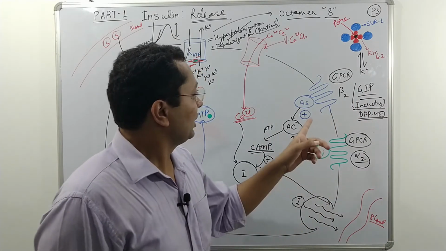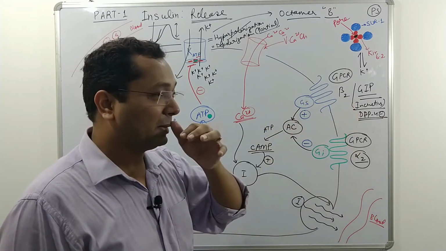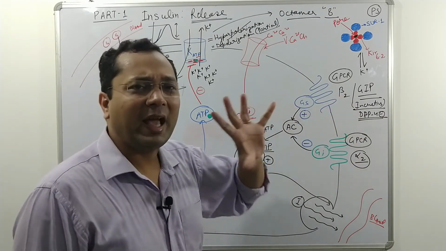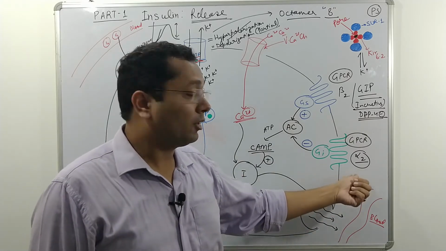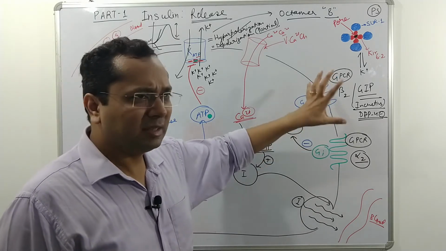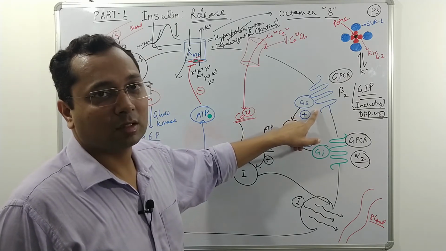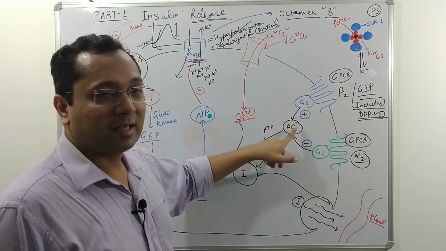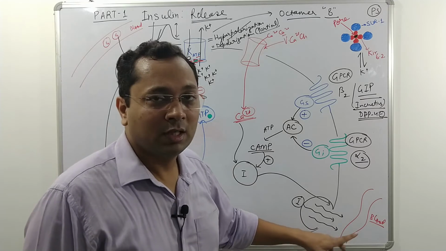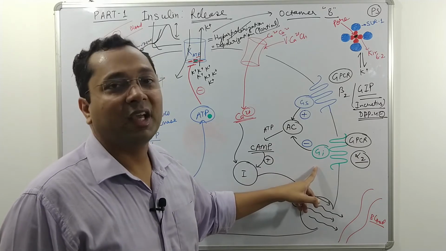beta cell. Along with this, there are G protein coupled receptors for different ligands. So beta 2 receptors and alpha 2 receptors, but the action of beta 2 is very less, the action of alpha 2 is very prominent on pancreatic beta cells. Whenever there is stimulation of your Gs coupled G proteins, there will be adenyl cyclase activation, there will be cyclic AMP synthesis. This also leads to insulin release, and counter actions are seen when there is activation of Gi coupled GPCRs.